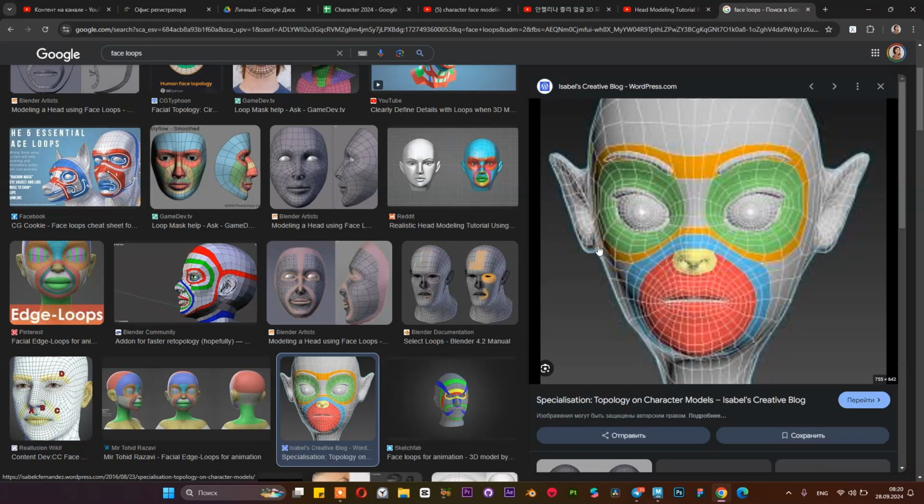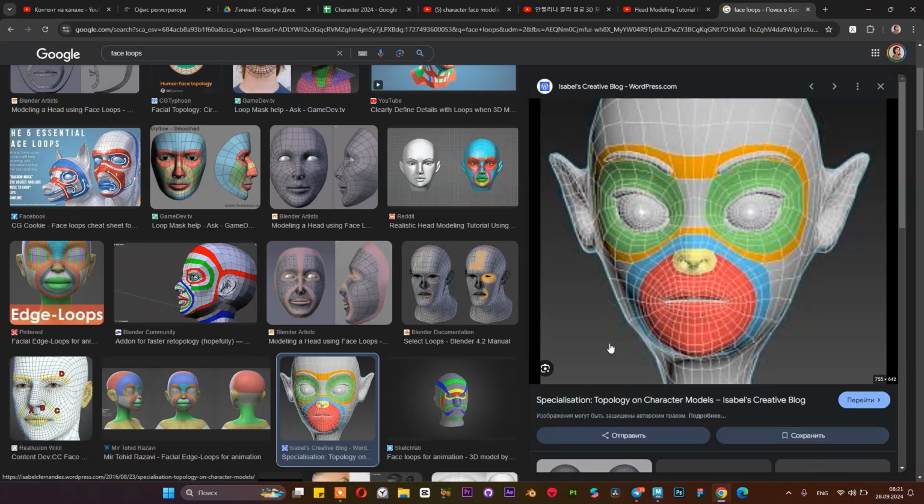When you rig your character, when you rig the face, these loops help you to make good animation, facial animation. These loops are the same as our human body muscles. Our muscles have the same structure as these loops. And these loops can provide good animation, good movement for the eyes closing, mouth opening,